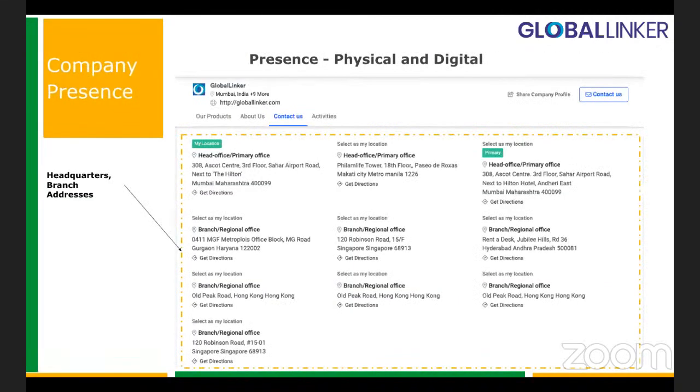The next is great. I know who the employees in the organizations are, who I need to get in touch with, but